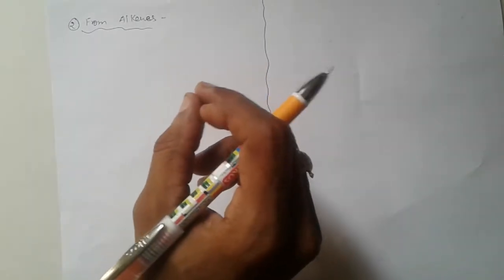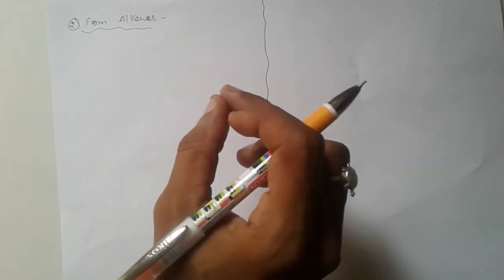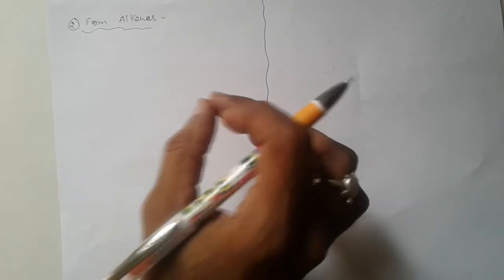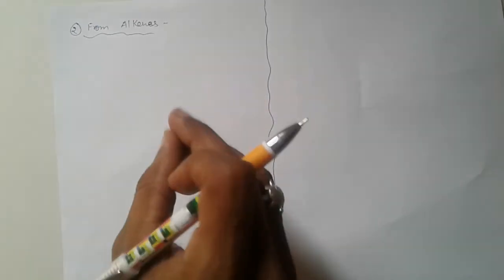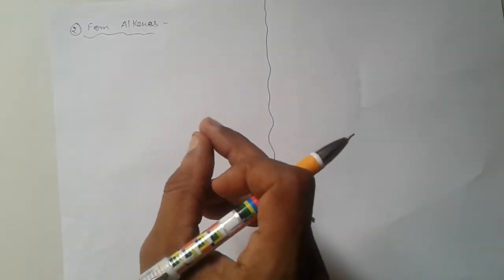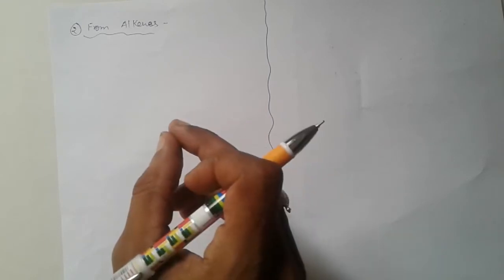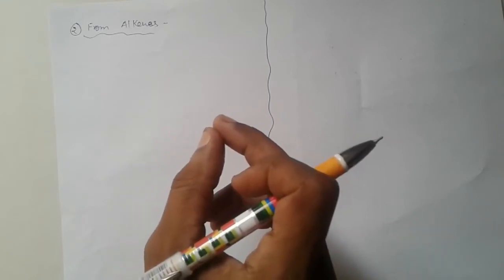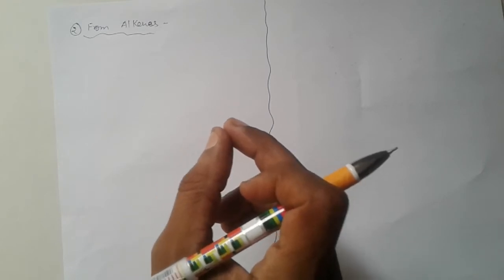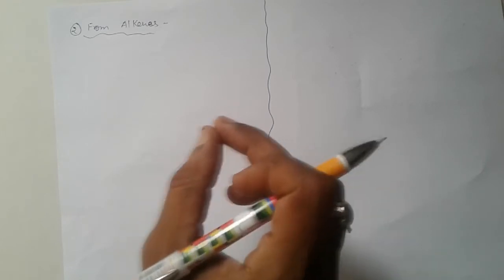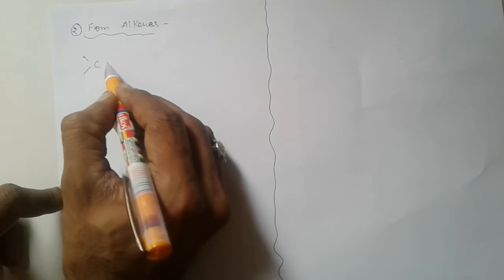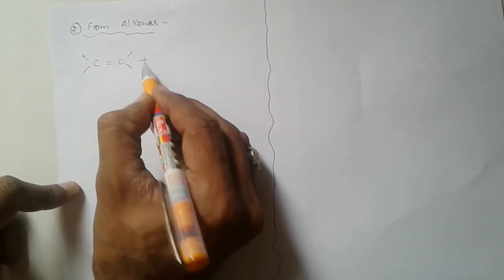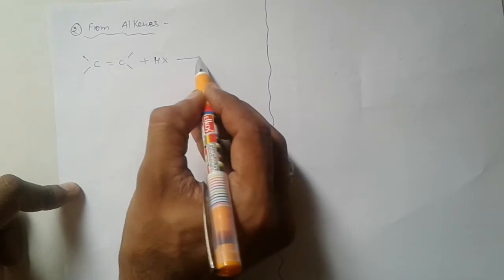We know that alkenes have one pi bond, so they show addition reactions. Here haloalkane is prepared by electrophilic addition reaction. Very important. I repeat, we know that alkenes have one pi bond, so it shows addition reaction. Here haloalkane is prepared by electrophilic addition reaction, so it is an alkene molecule and it is a halogen acid.